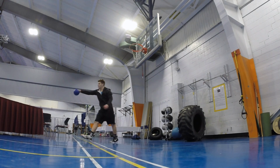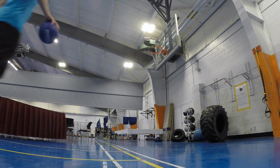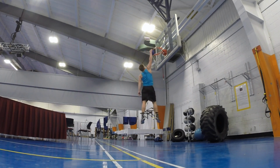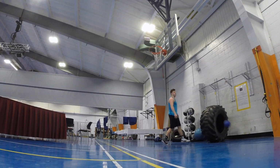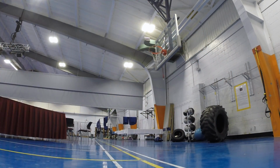Starting off with some dunks, and this is how strong your mind can be. I got stuffed, just got absolutely stuffed by the rim, but I was like, no, I know I can do this. Like, I have the vert. Next jump, boom, snapped it back. I was pretty hyped, as you can tell. And then,